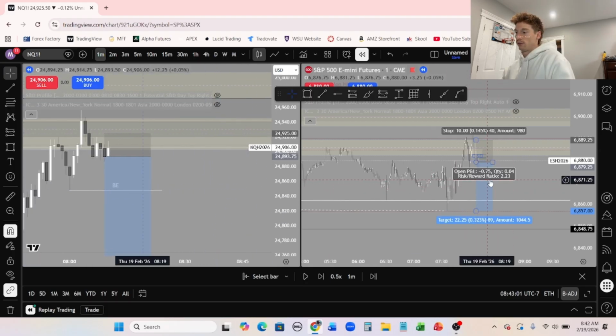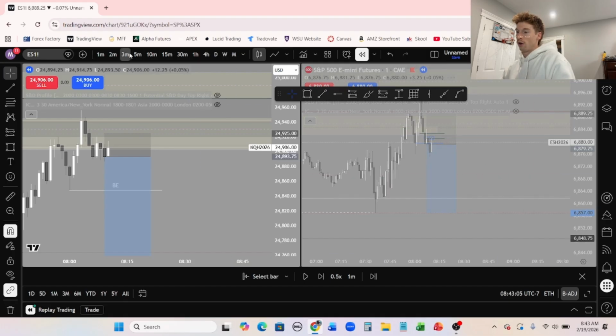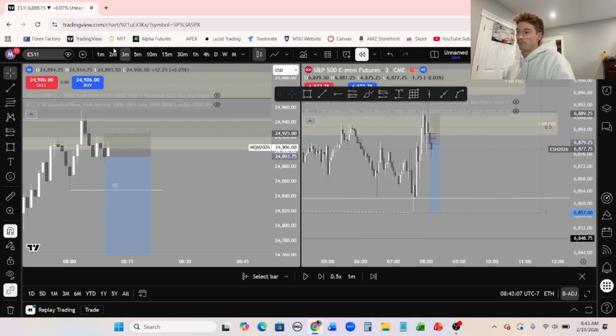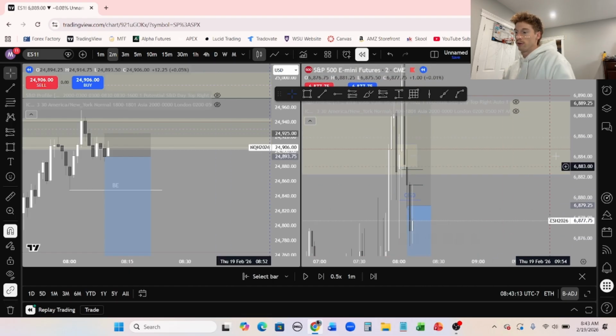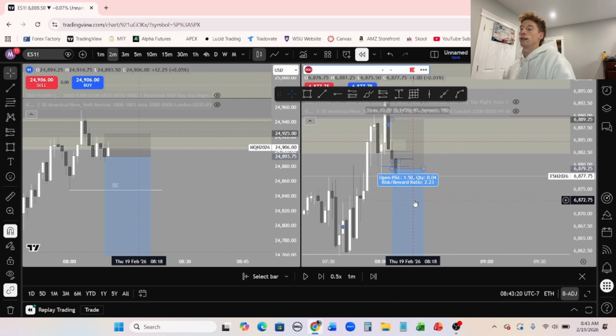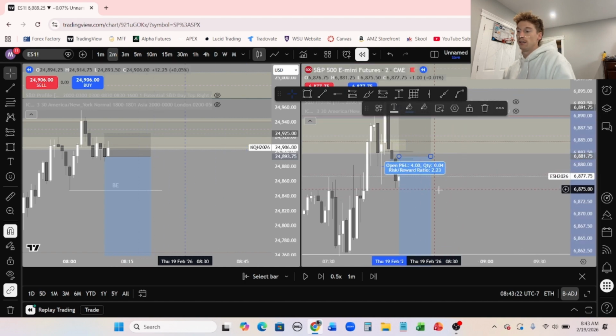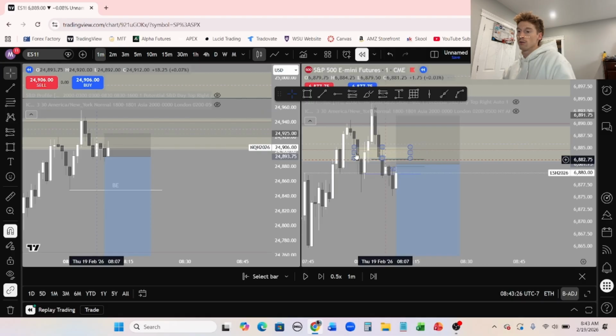And what happened was at the same time on the 2 minute time frame on ES, this formed a little fair value gap right here. I have it marked out. It's not perfect, but this little fair value gap. And I told myself if price comes back into here and retests, that's also